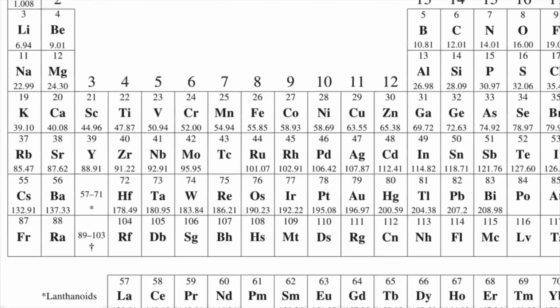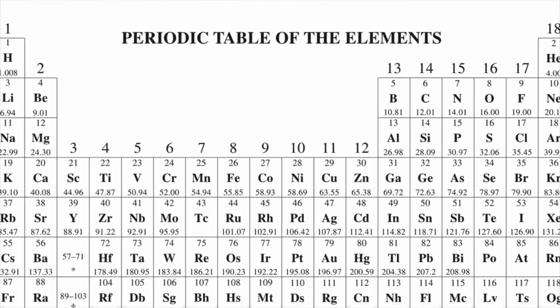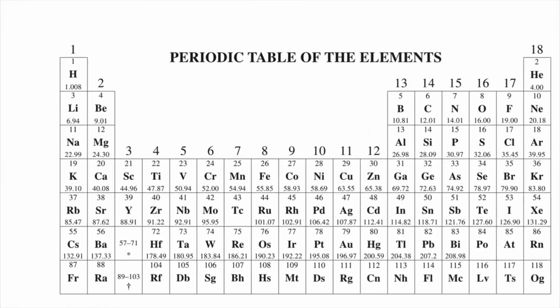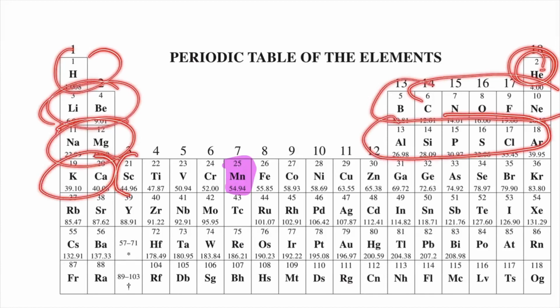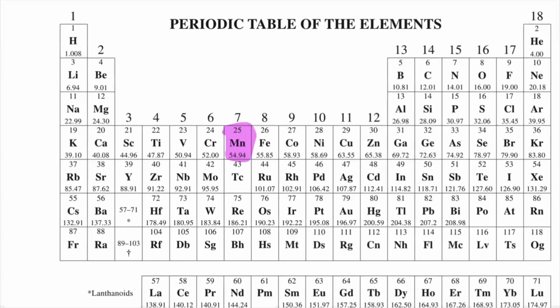So for manganese, as we can see, this is our manganese, right? So based on the periodic table, we can see what we have. 1s2, right? 2s2, 2p6, 3s2, 3p6, 4s2, and then this one is 3d1, 2, 3, 4, 5, 3d5. So the answer is going to be